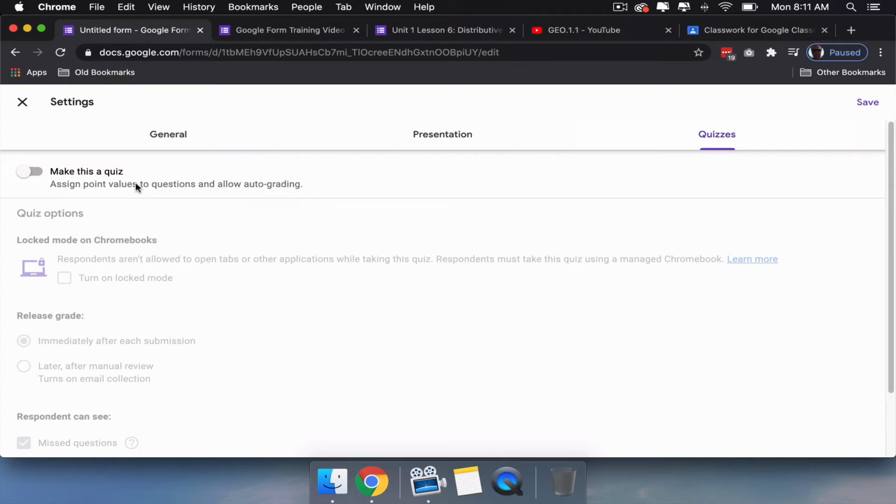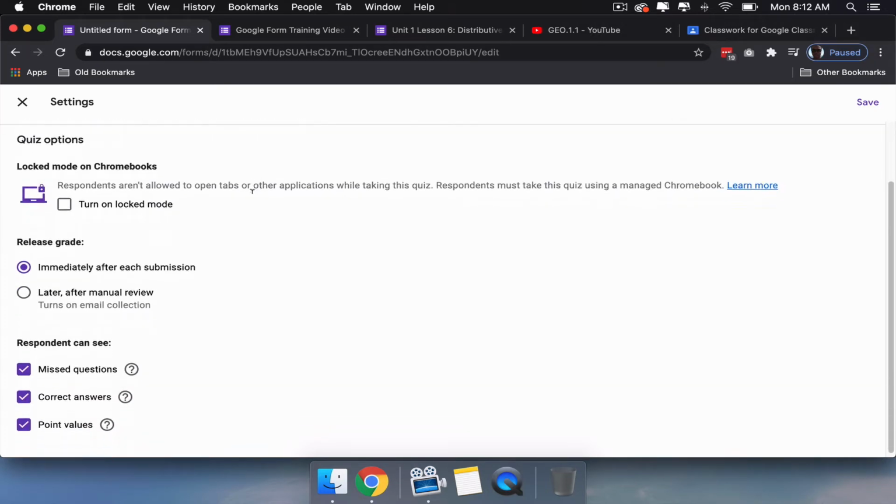Now I'm going to mention before I click this that the auto grading, as you can imagine, only applies to true and false questions or multiple choice. Keep in mind that if you do create a quiz that has a combination of those type of responses, that the short and medium responses would have to be reviewed by you before giving the actual grade. So this would be more useful for exams that only had a specific type of answer. So if I click on this,